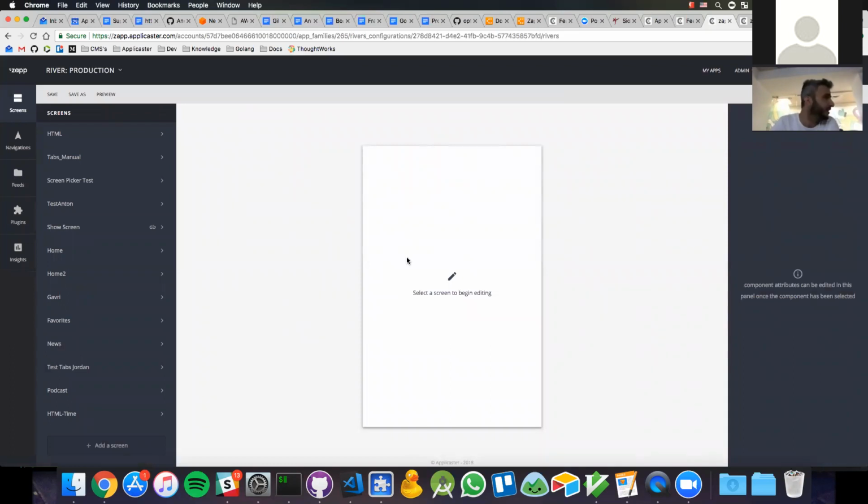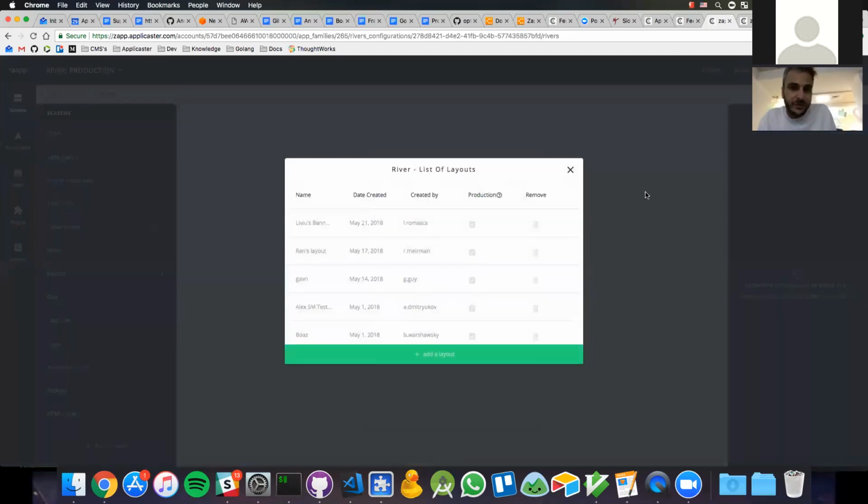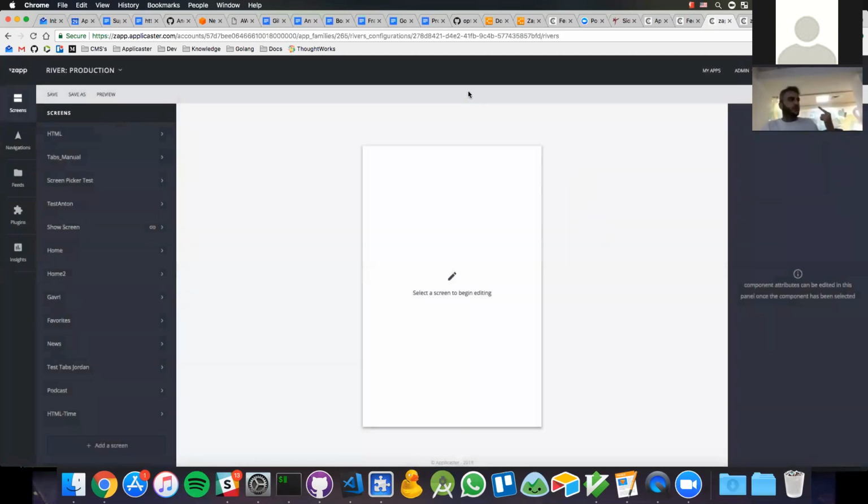A layout is one instance of the composition of your app: the full list of screens with the components connected to feeds and with the navigations that construct your app. Currently in production, you can only use one layout at a time. So you can publish one composition of your app across the versions that you're building. And with that being said, one important thing is